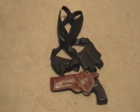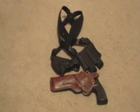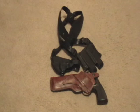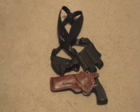Now, with this shoulder holster you see here on the top, the straps are adjustable, meaning the holster and the extra magazine holder can be brought up closer to your armpits or lower, farther away from your armpits, depending on your body type and preference. So that's really the very basics if you think about holster purchasing. You gotta think about